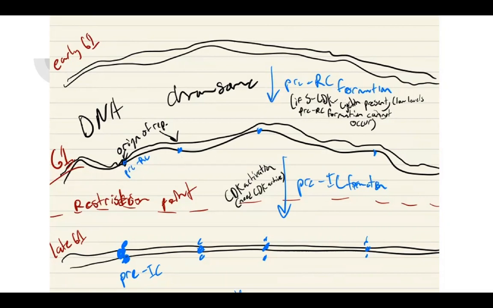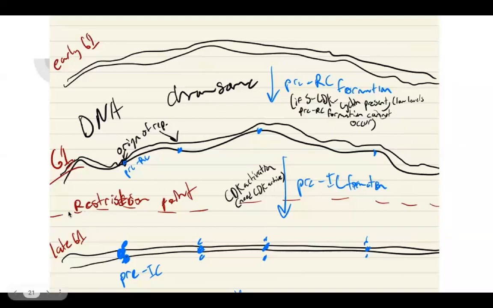But this formation's only going to happen, like I said, if CDK cyclin is present, but only at low levels of activation. If it's at high levels, it'll prevent that from occurring, because as you'll learn later, you don't want that to reform, so your DNA only replicates once. So when you have low levels over here in early G1, the pre-RC will start to form,